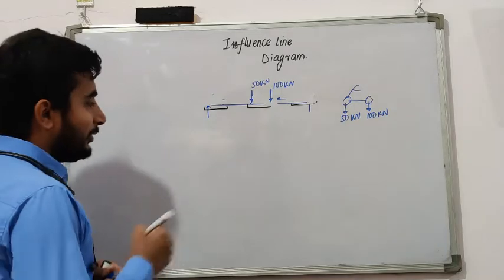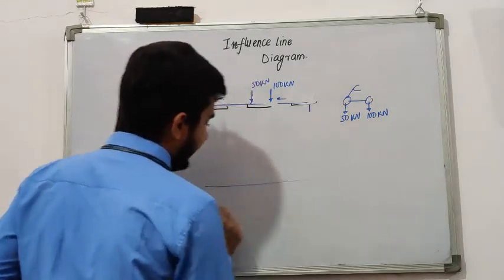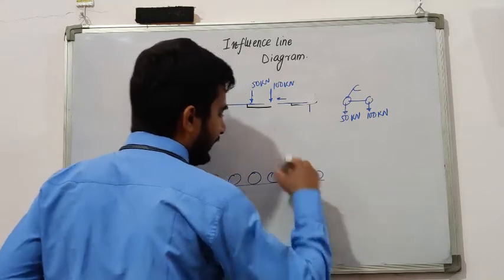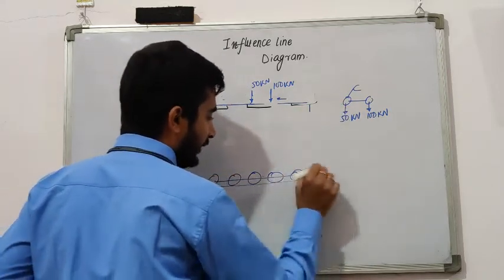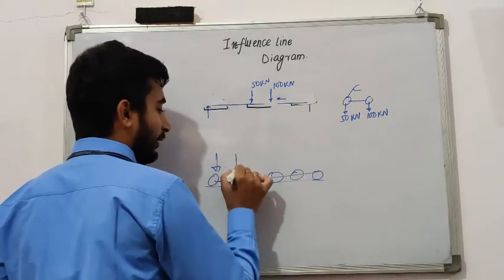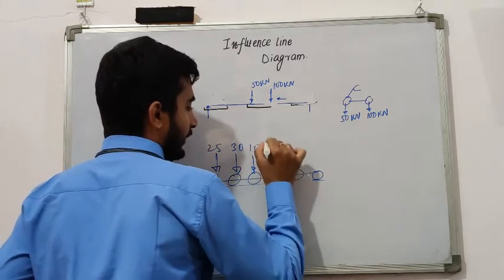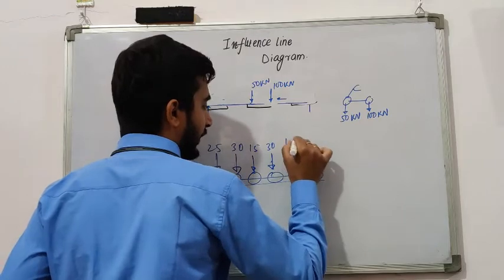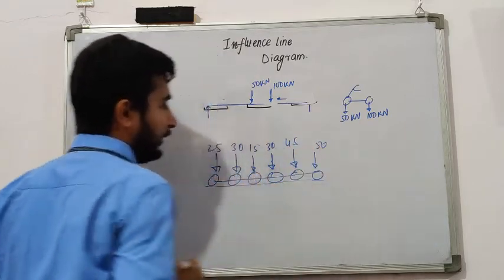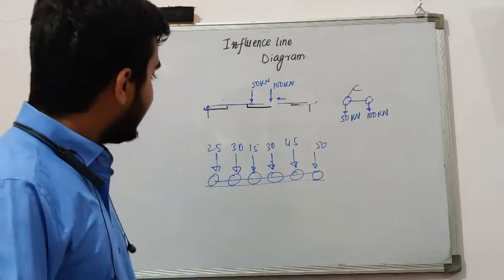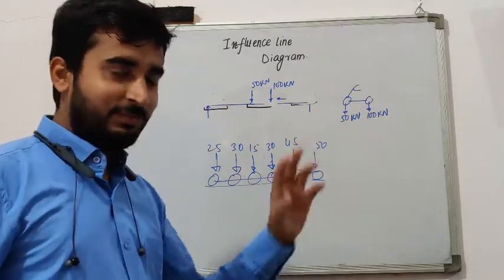But what if there is a trailer truck of 18 wheels, 1, 2, 3, 4, 5, 6, some combination, I am not going with the exact number, and there is some varying load over here, say 25, 30, here 15, 30, 45, and here you have 50. Now you will start scratching your head and wonder whether this really happens anywhere.